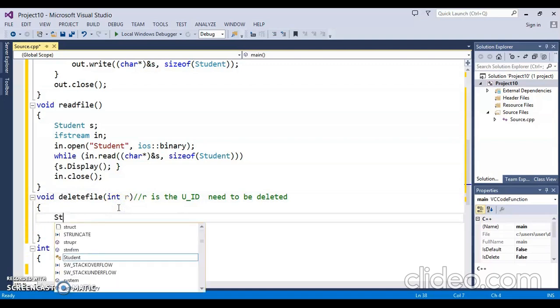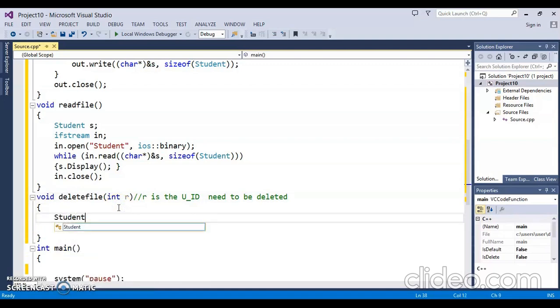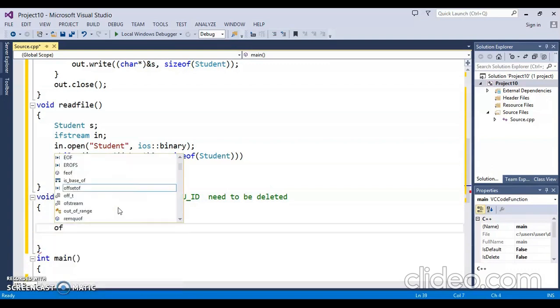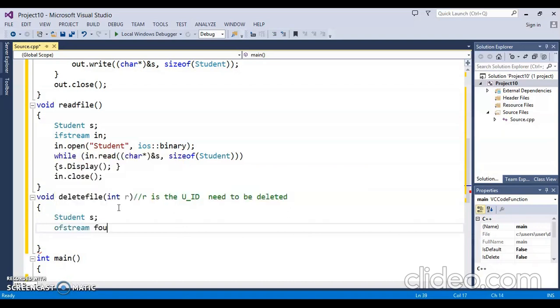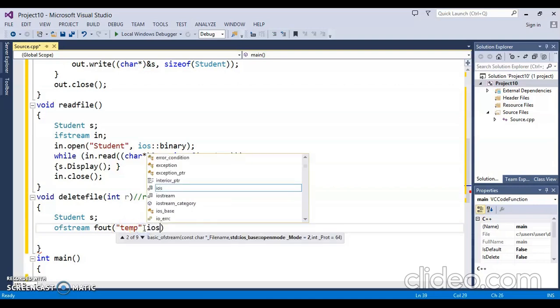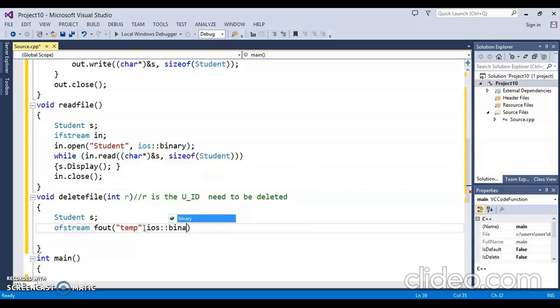So let's declare an object of class student, and let's say my object name is s, and then I will open a file for writing, ofstream, and let's say my object name is fout, and let's open a temporary file for writing. So let's say file name is temp, and it will be a binary file.